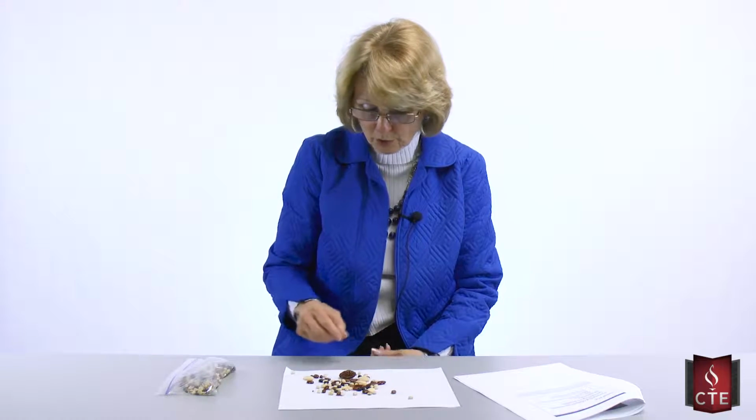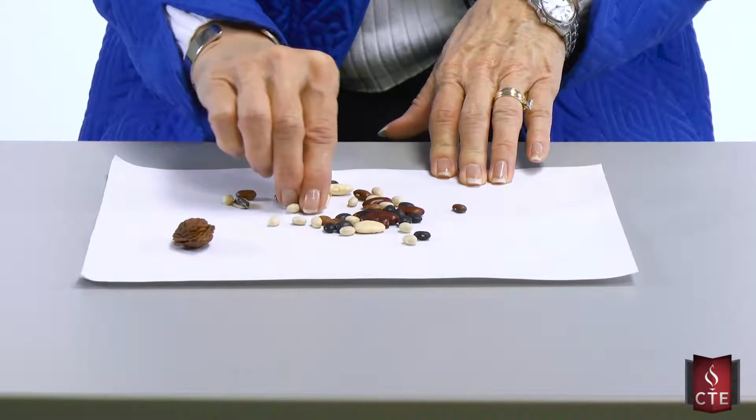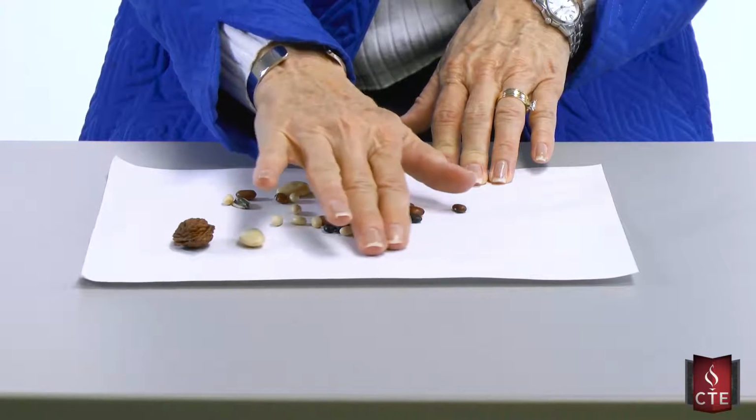And that's certainly true too, because if you look at the size of this little seed compared to the seed, which is the pit here, they are different sizes. Others might say they're different shapes. And that's true. You could classify them perhaps by shapes. But ultimately, you want them to choose one way to show how they are alike. And so we may decide to group them by color. So the students would probably take the beans that are brown, put them in one group,